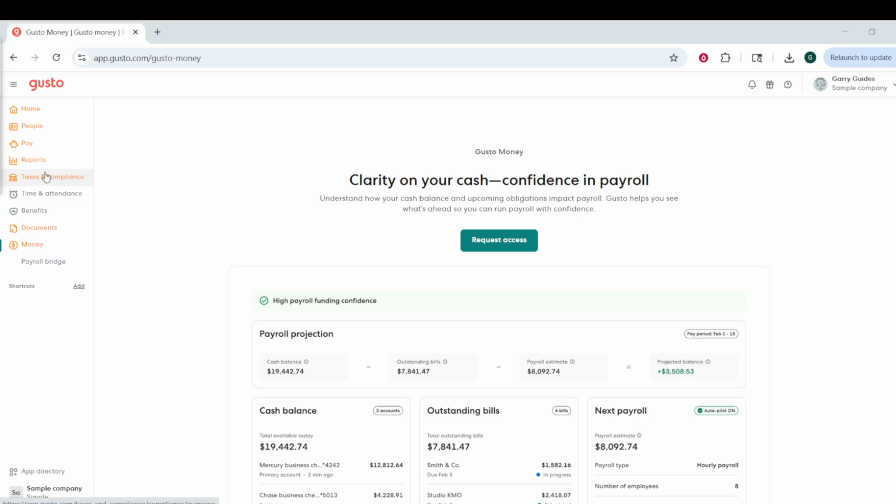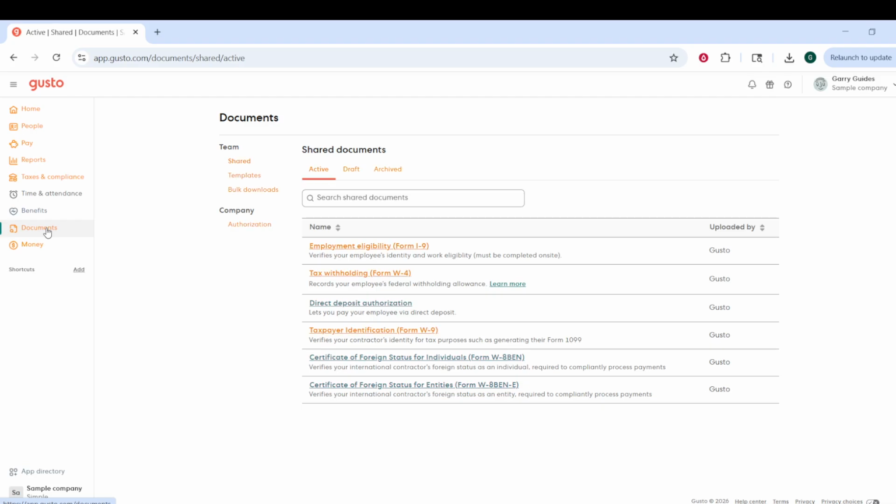Next, after you have entered the portal, navigate to the Documents or Tax Forms section. The wording can vary a little depending on your account layout, but you should be able to find something that looks like payroll documents, tax forms, or form downloads. Take a moment to scan the menu on the left side or the dashboard tiles. If there is a search bar, you can also use it to look for W-4, tax forms, or documents. Once you locate that section, open it and wait for the list of available forms to load. This is where the portal usually organizes your forms by year and category, so you will be ready to select